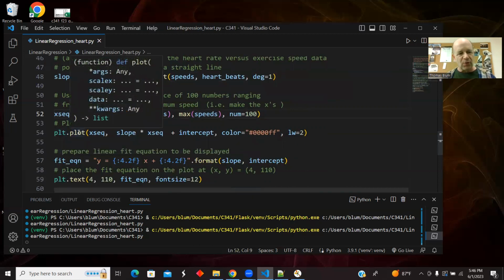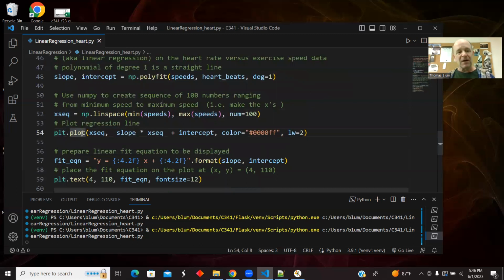And now on my plot, I'm going to plot them. So plot will connect, whereas scatter does not connect. So I probably didn't need this many points since it's a straight line, but there you go. But if it were indeed a polynomial, then it would make sense to have all these points. Okay. Here I'm plotting, here are my x's, and then my y's are the fit equation with those